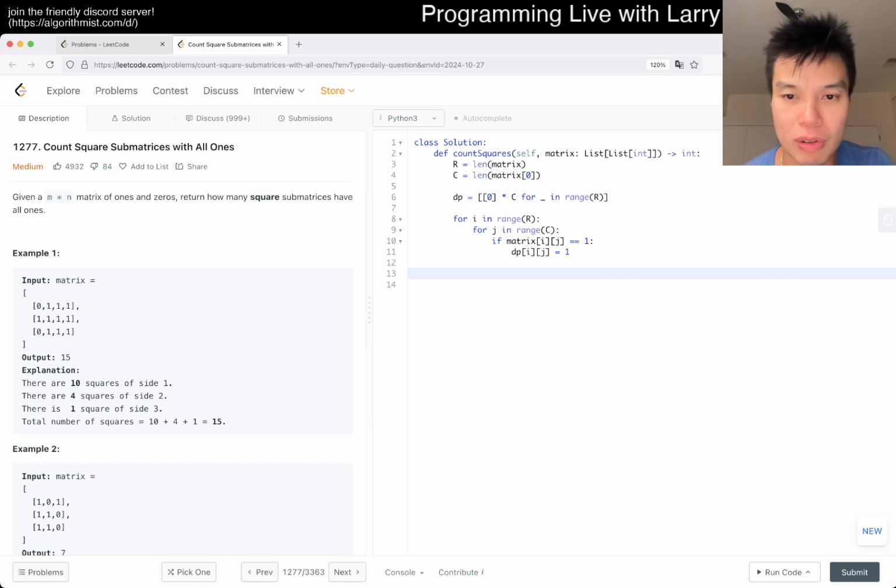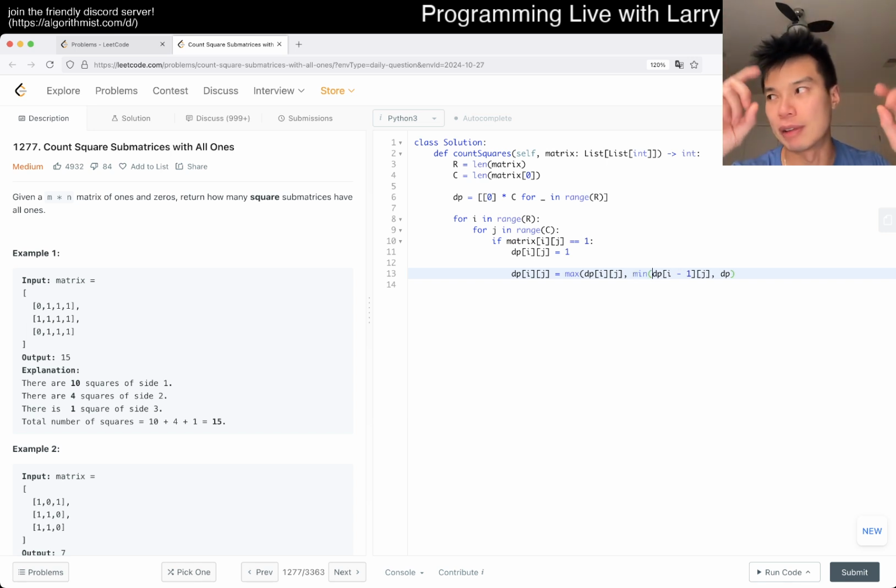So now you can say something like dp of i j is equal to max of 1, which is itself, I suppose, and then of i minus 1 j, oh, not max, sorry, well, max of this, but min of the other ones, right? Because you have to combine 3 of them and the current thing,